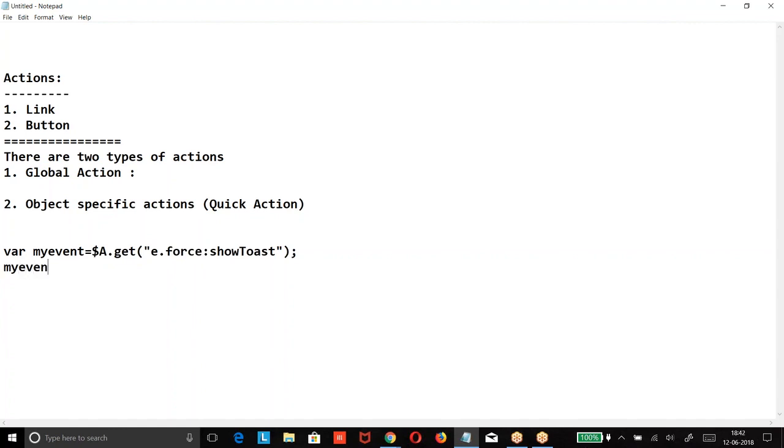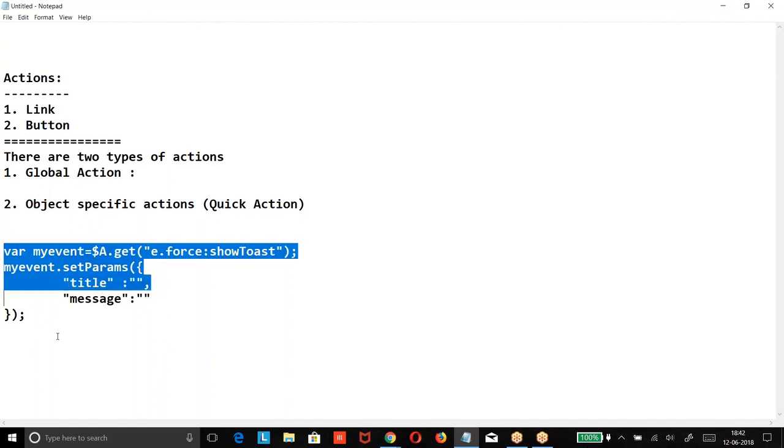My event.setParams. The value should be in the form of key value. So we can give title, some message. This is how you are going to do it.